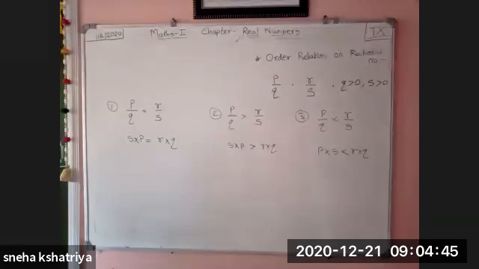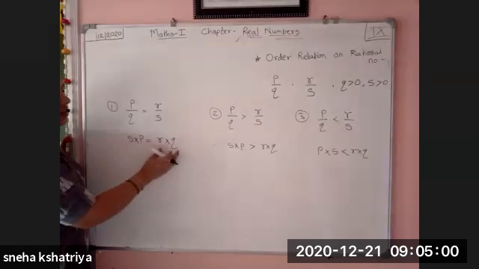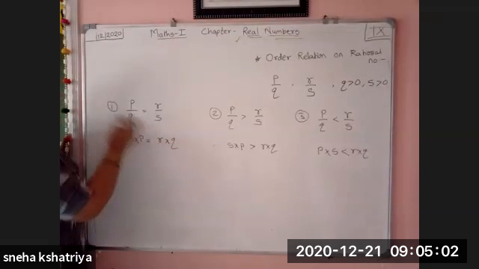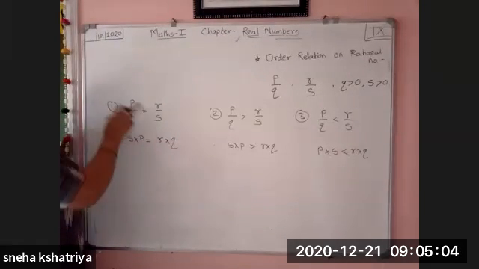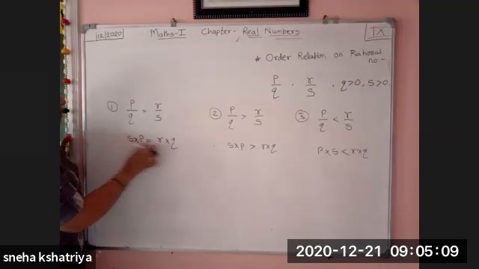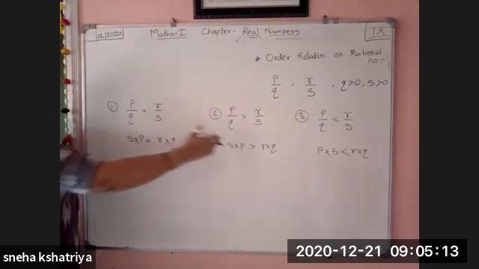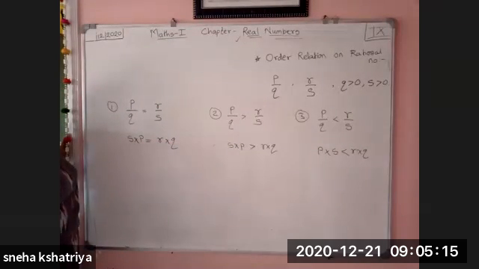Okay. So here they have given it reversed. If P into S is equal to Q into R, then P upon Q is equal to R upon S. If such kind of multiplication is there, then we can write like this. They have given just vice versa. We take is equal to and then multiply, or they have given multiply and then we take is equal to, there is no difference in between. Similarly, in the greater sign, in the lower sign.